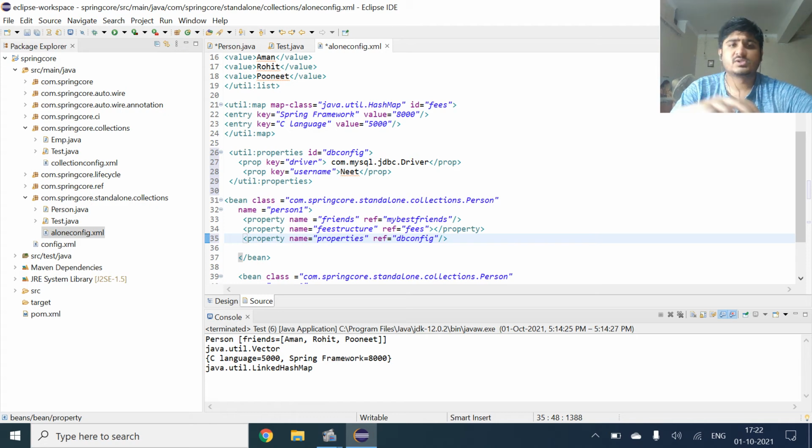Basically it will inherit the properties from that point, and now it will inject.